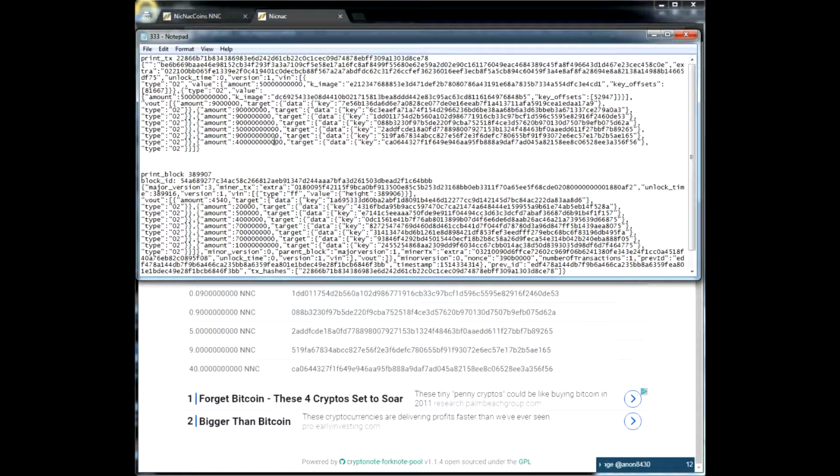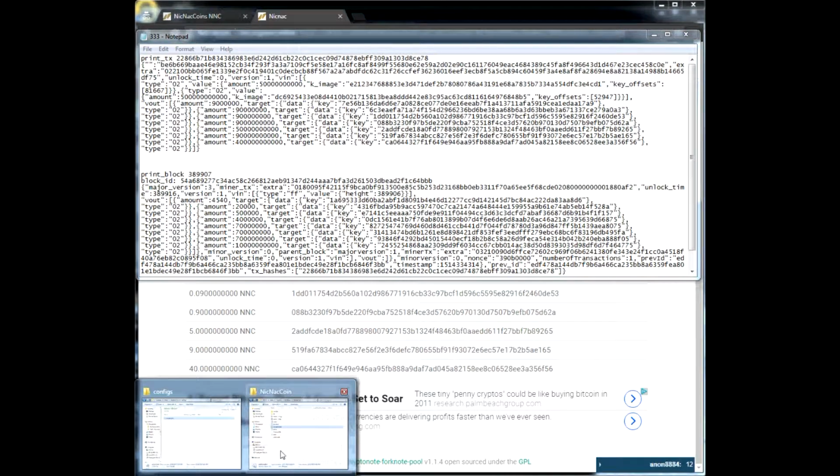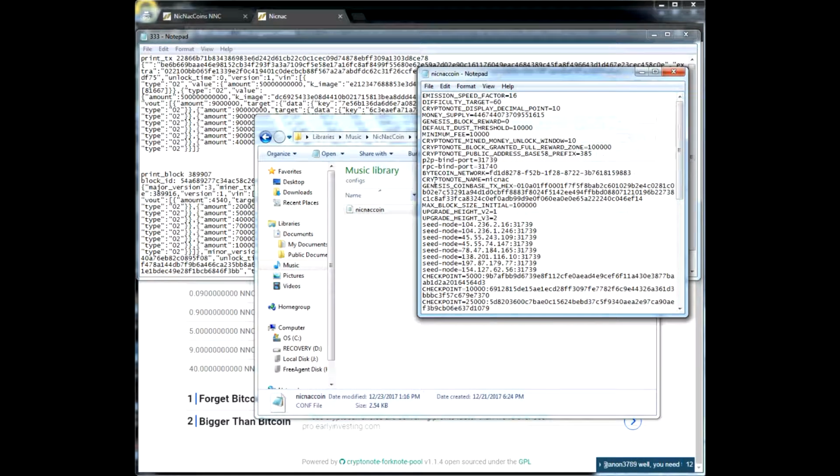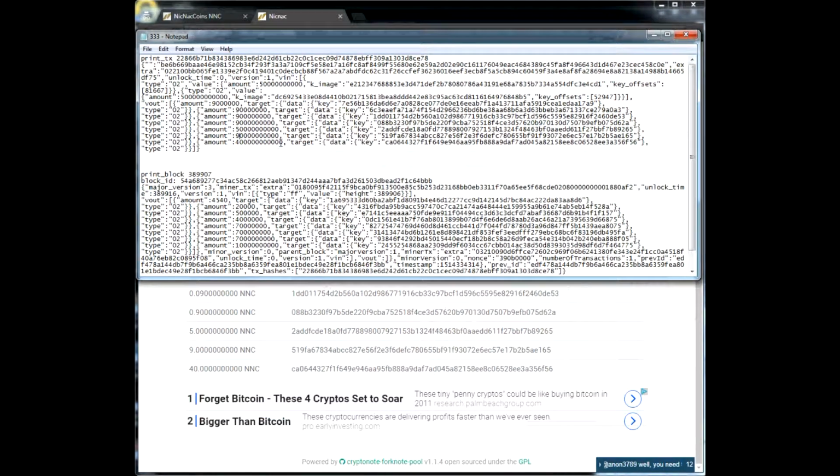And in viewing the digits here, you're actually getting that information from your configuration parameters. So if we go to the NicNacCoins configuration file, what we're looking for is the Cryptonote display decimal point, which is 10. So this is set at 10 decimal places. So what we'll do is on this set of figures, we'll just highlight those first 10 zeros, and then we'll just drop a decimal point there. And we'll do it with the next set of digits, and we'll drop a decimal point there. And we'll do the same again here,